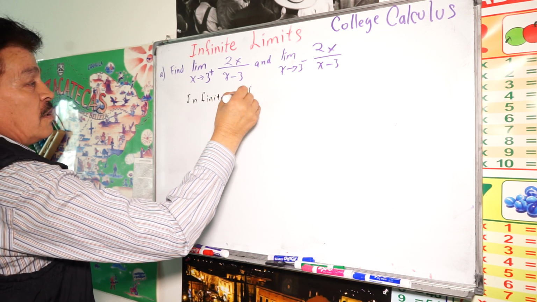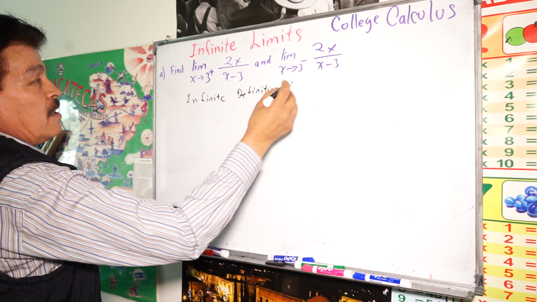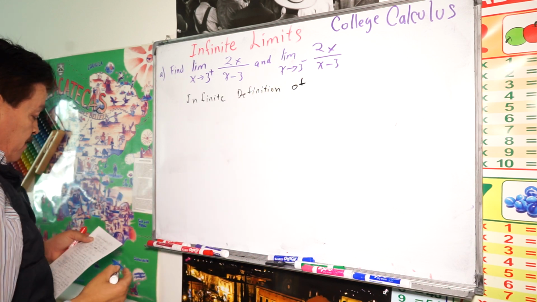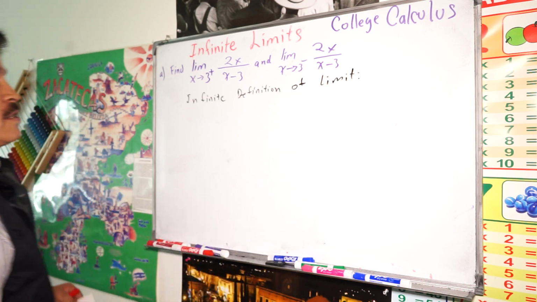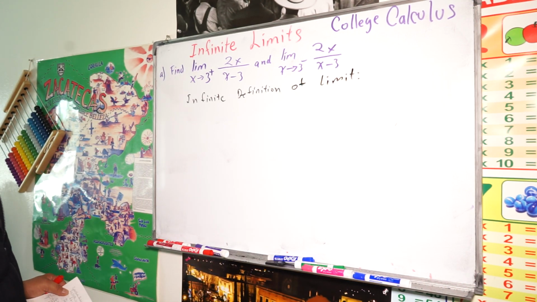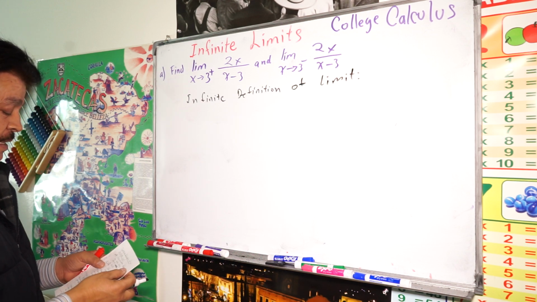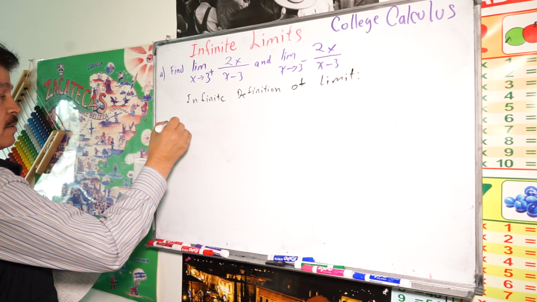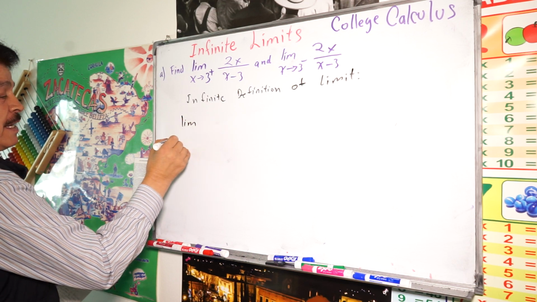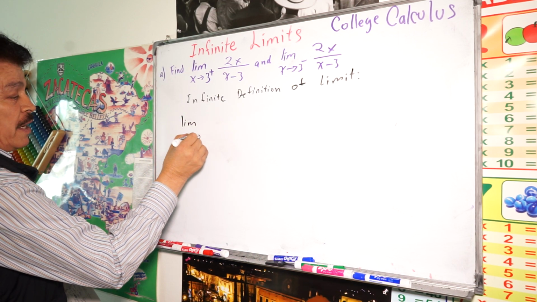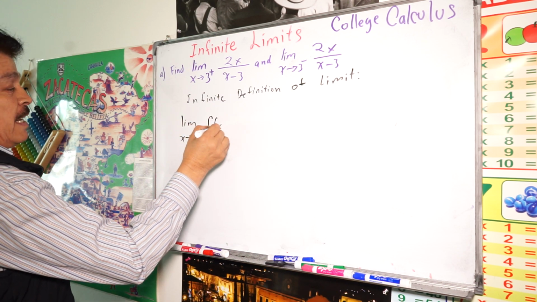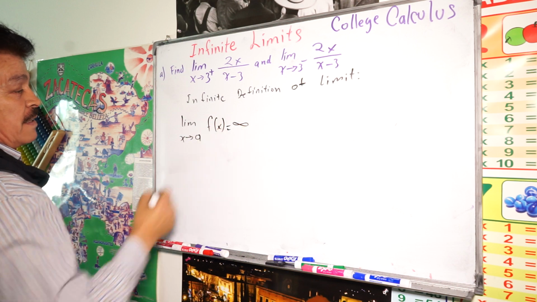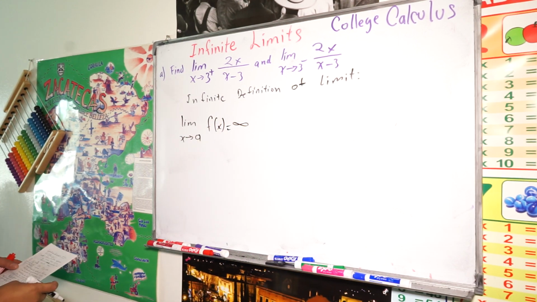Definition of limit. Okay, so this is a very important idea. I'm going to write some concepts we call. So we have the limit when x approaches a, and f of x equals infinity. So a limit of infinity. So this means here